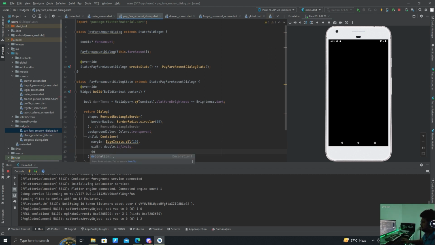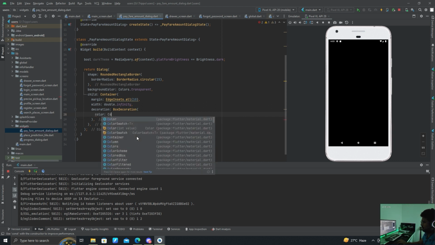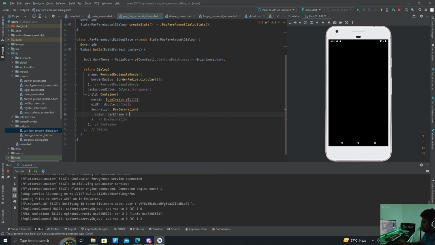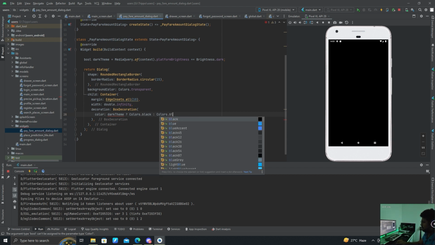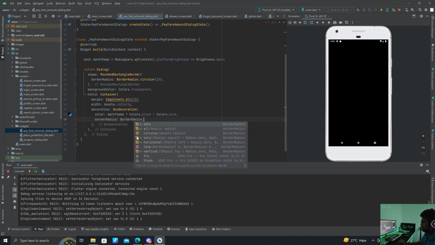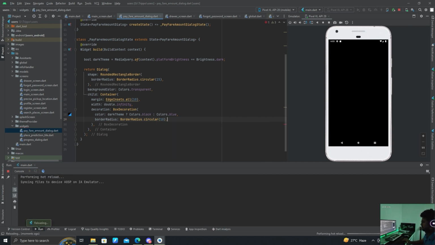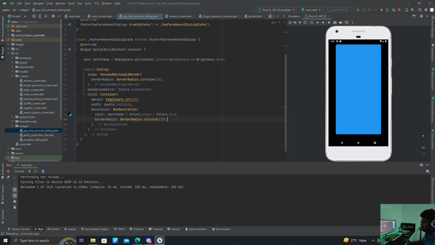So we have to add decoration, box decoration, color, if dark theme then colors dot black or colors dot blue. Border radius dot circular 10. Now it's showing, and then we can add a child column,